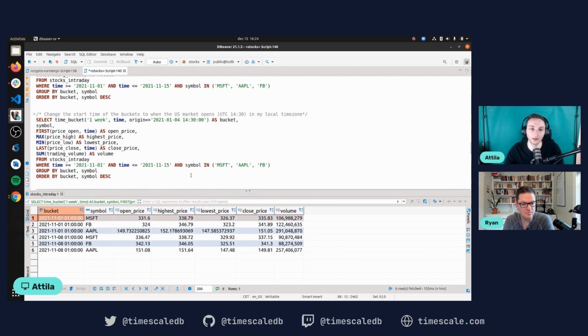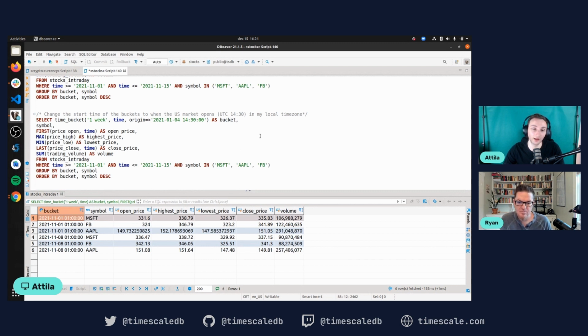For example, the U.S. exchanges, at least on the East Coast, open at 9:30 a.m. local time, which is UTC-5, and that is 2:30 p.m. UTC. And so if you want to display the bucket values according to